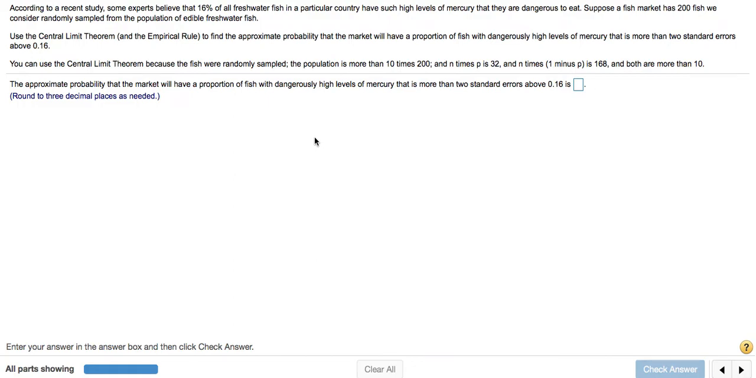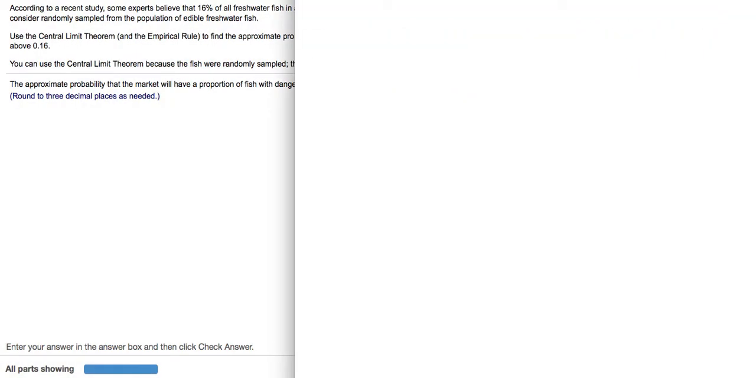According to a recent study, some experts believe that 16% of all freshwater fish in a particular country have such high levels of mercury that they are dangerous to eat. Goes on to say we'll assume that we've sampled 200 fish randomly, and we want to find the approximate probability that the market will have a proportion of fish with dangerously high levels of mercury that is more than 2 standard errors above 0.16. I think we can mostly do this within StatCrunch,